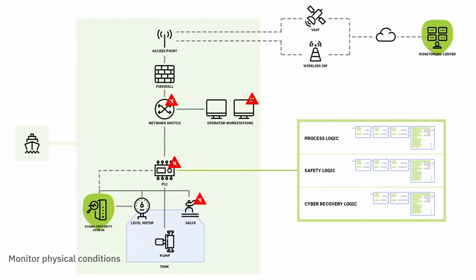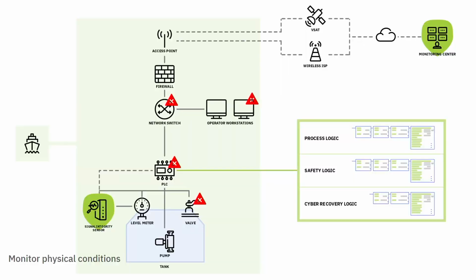So what happens now if there's an attack? Since we have our signal monitor in place and we configured it so that generally the operating window is between 20 and 60% of the level meter, and we configured it to trigger an alert when we're below 20 or above 60, let's say 85. So we got the same attack again. Someone is coming over the workstation, goes over the network, finds the PLC, reprograms it, but this time we detected it, which is pretty good, right? Now we know something is wrong, and we can start some activities there.